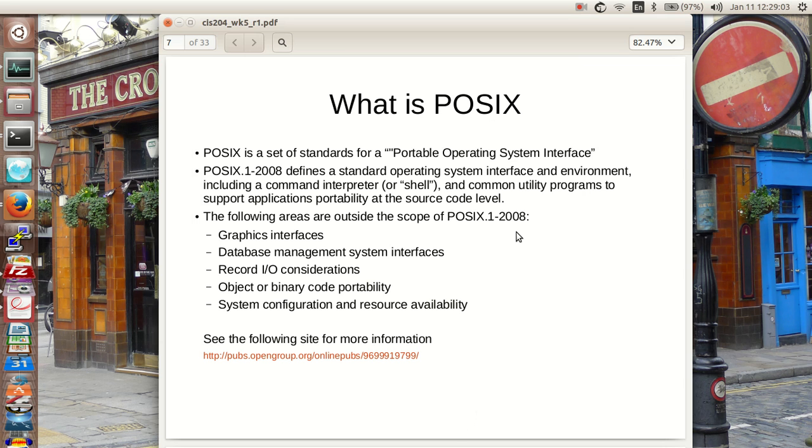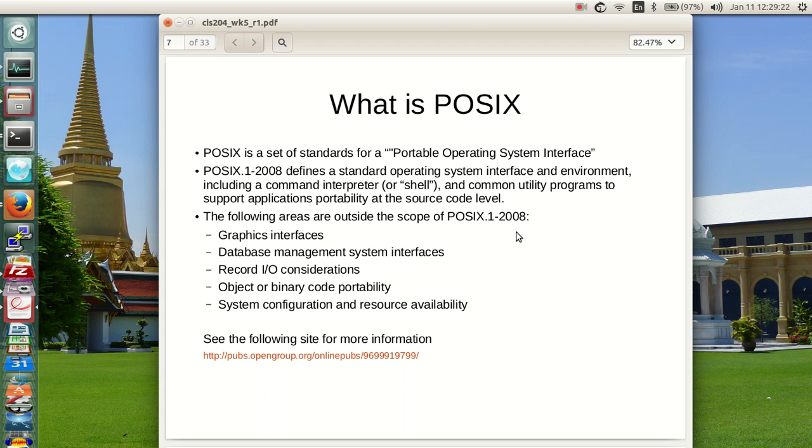First, let's talk about POSIX. POSIX is a set of standards for a portable operating system interface. POSIX.1-2008 defines a standard operating system interface and environment, including a command interpreter. In this case, it's a line command interpreter or shell and common utility programs to support application portability at the source code level. So the following areas are outside the scope of